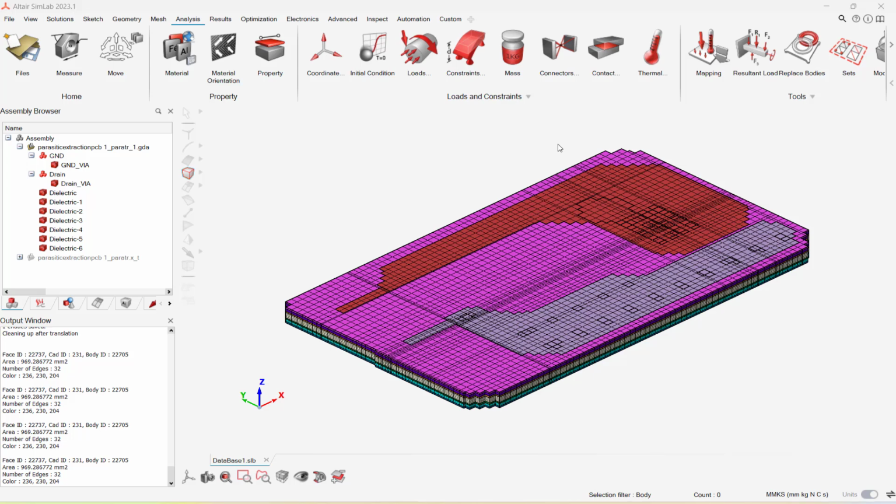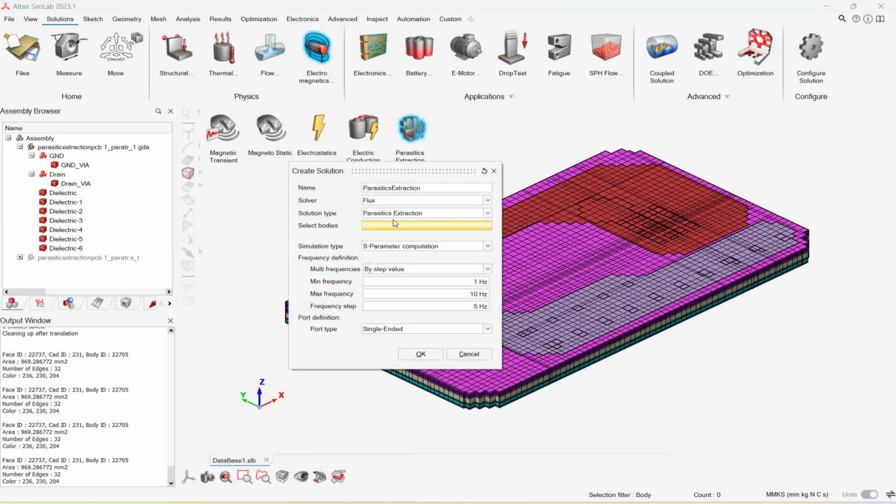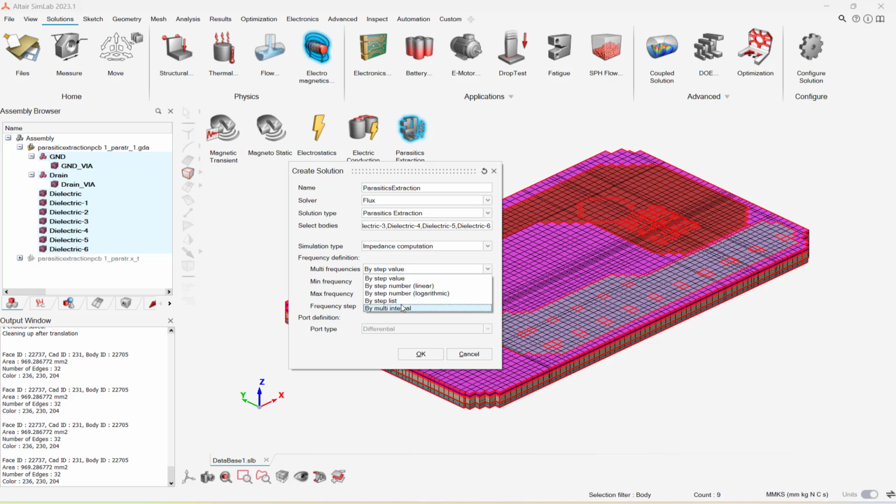After assigning the materials, we need to finally create a solution. To create a solution, go to Solutions, select Electromagnetics, and select Parasitic Extraction. A pop-up window appears on your screen. Now select all the bodies where we need to apply the parasitic extraction. Now I want my simulation type to be set as impedance computation and I want a linear step.